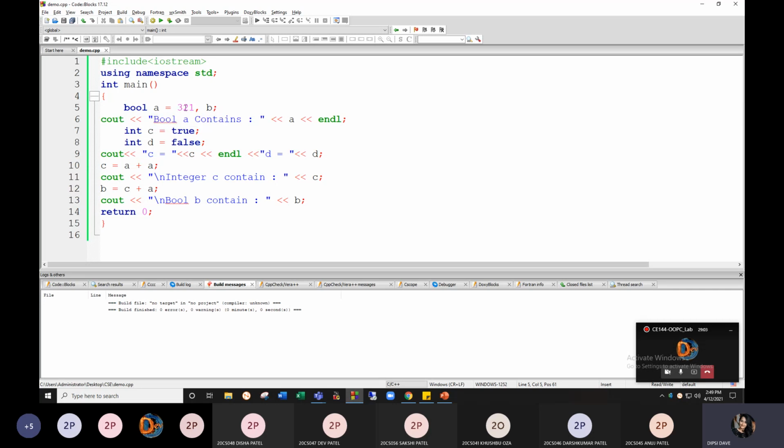So a equals 321, but it will be considered 1 only, and b, if you haven't given anything, then let's see what happens.